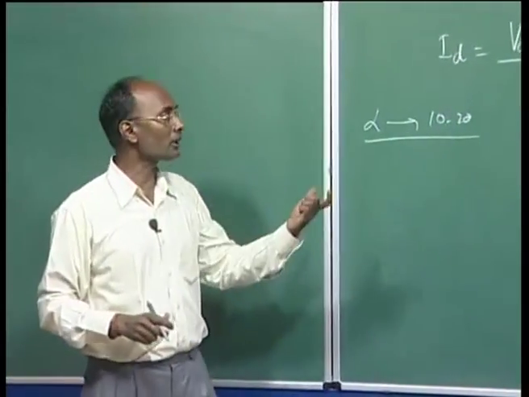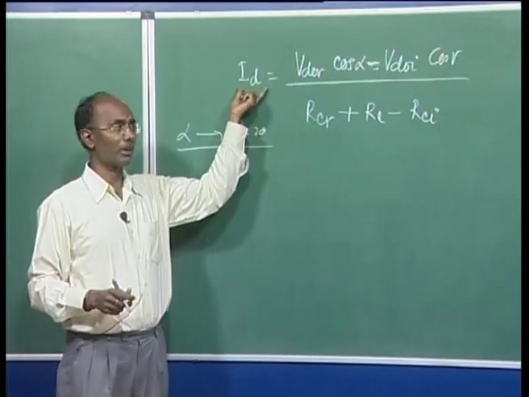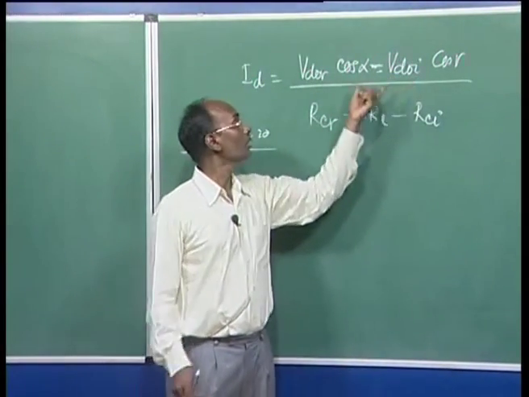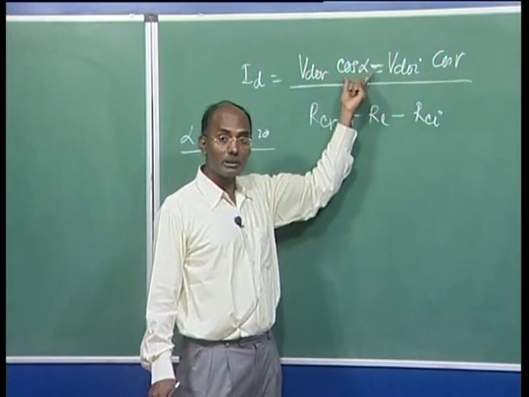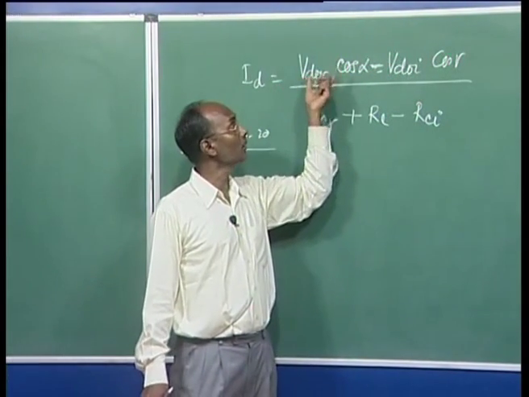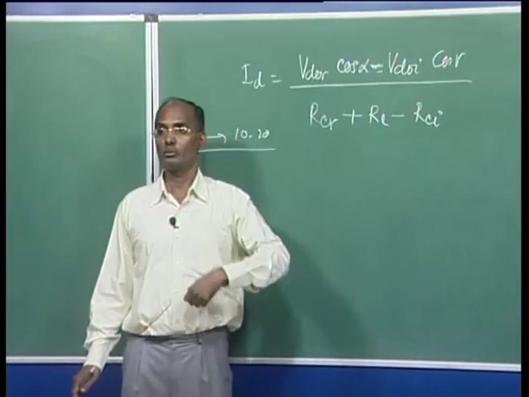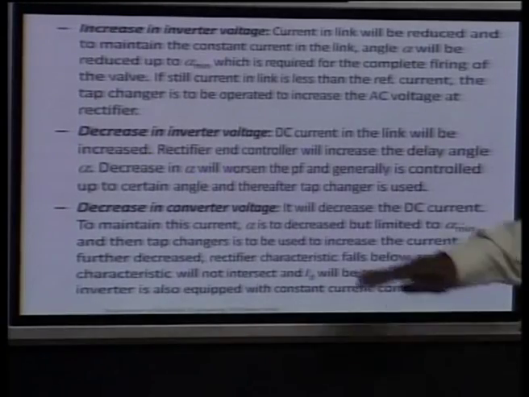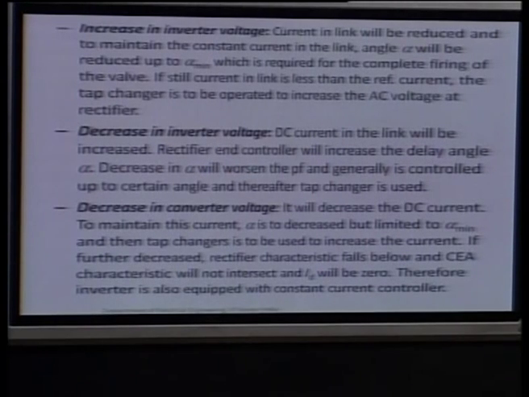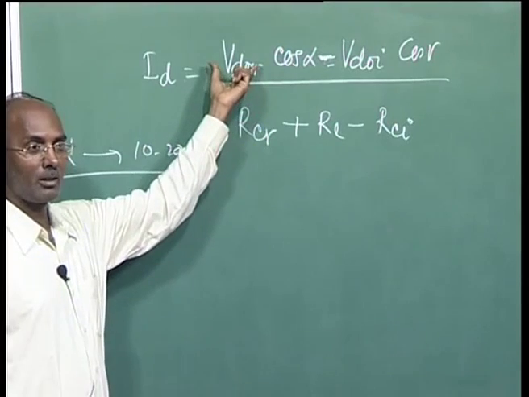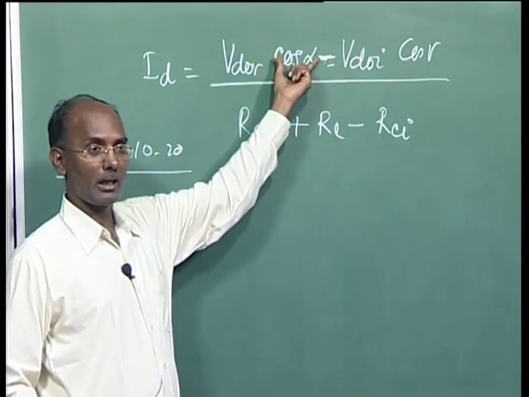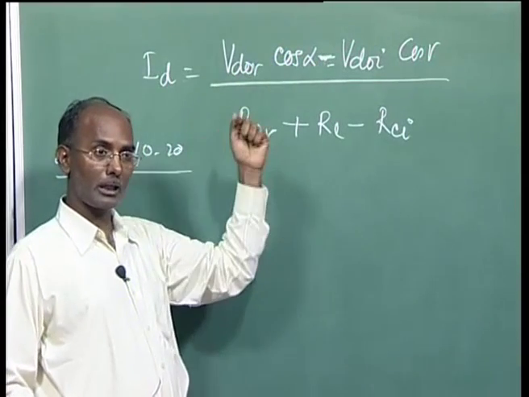And still it is not possible, let's suppose the current is not maintained, because this voltage can go even to 0.1%, 20%, with a huge short circuit. This may not even be sufficient, then we have to utilize our OLTC transformer to maintain the current, so a tap changer is used. Now, if your rectifier side voltage is decreased, so what will happen here, we have to increase, and again alpha minimum will be hitting the limit.